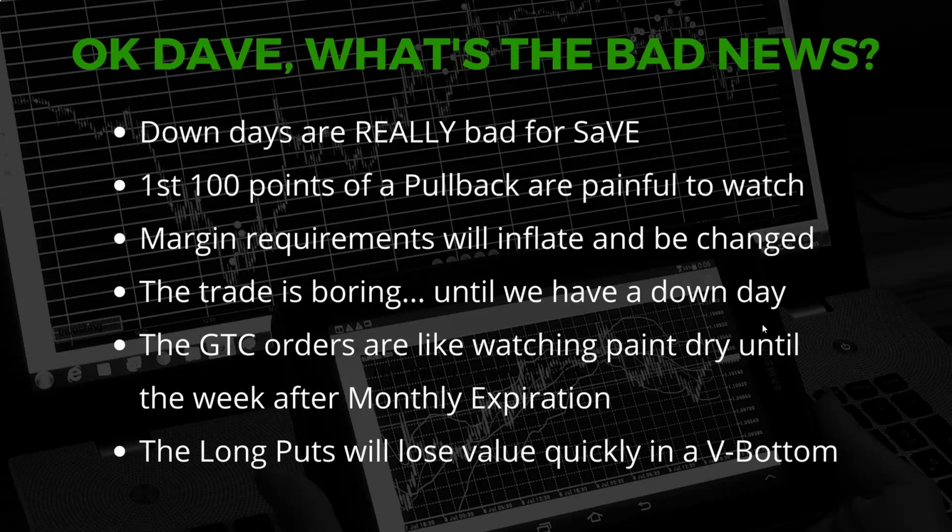This trade is really boring until we have a down day, and it gets pretty exciting in a way we don't like. Every up day or every sideways day, this trade just makes a little bit of money, and it really isn't any more fun than watching paint dry. But you come back after a week or two, and hey, I'm up $200 in this trade. You come back after another week or two, hey, I'm up $700 in this trade. It's boring on an intraday basis. The good to cancel orders, it's like I say, like watching paint dry